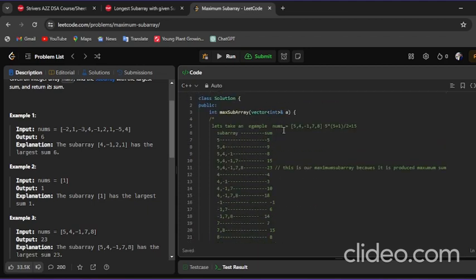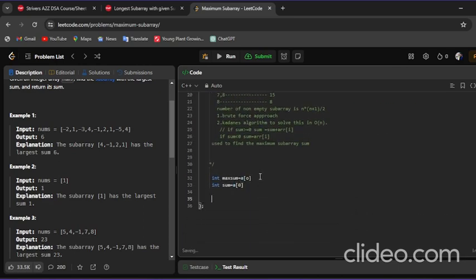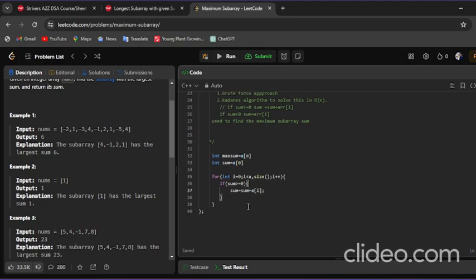Next, I can use a for loop running for int i is equal to 0 till i less than a dot size of the array, and i plus plus. Here, if sum is greater than or equal to 0, at that point sum is equal to sum plus a of i, else